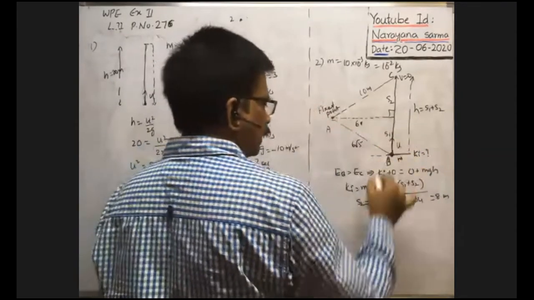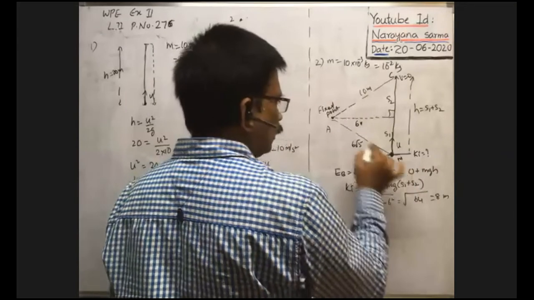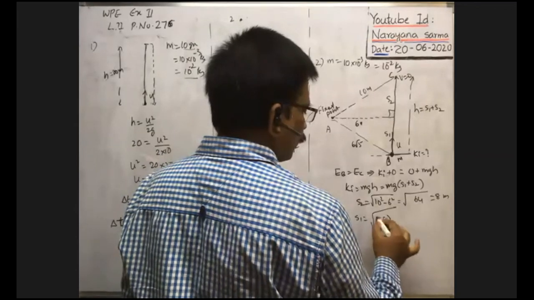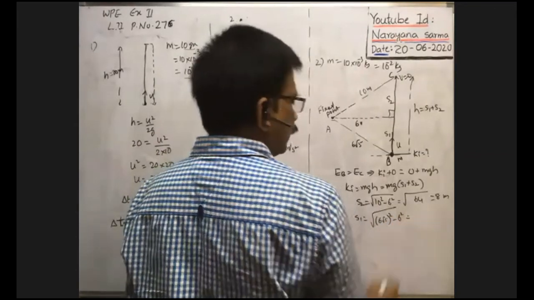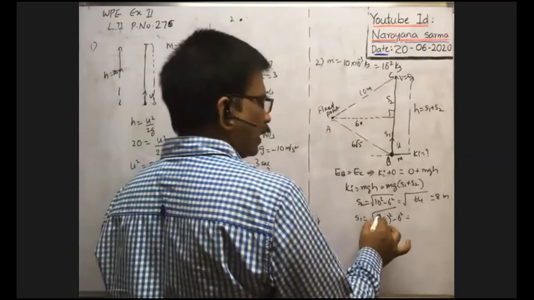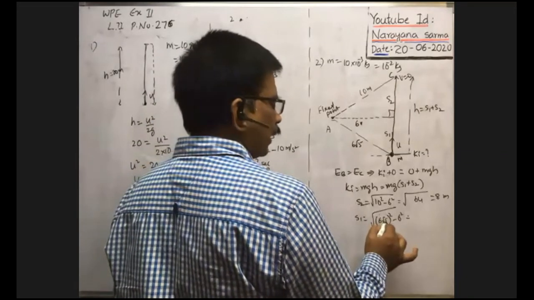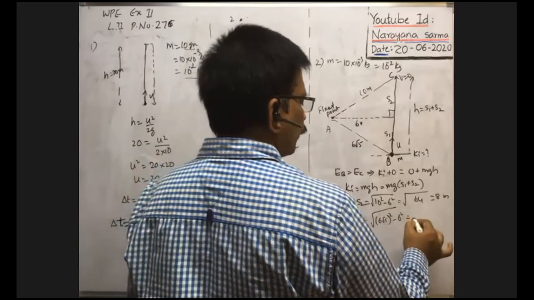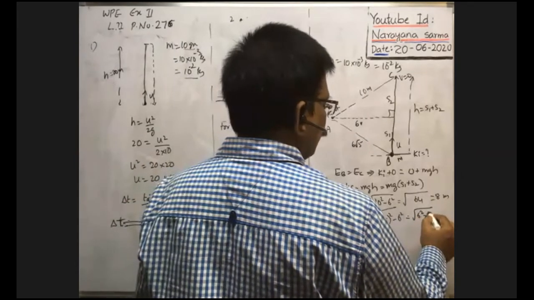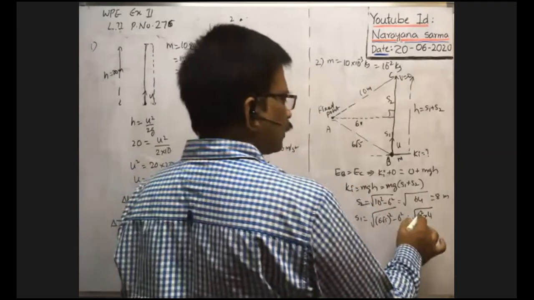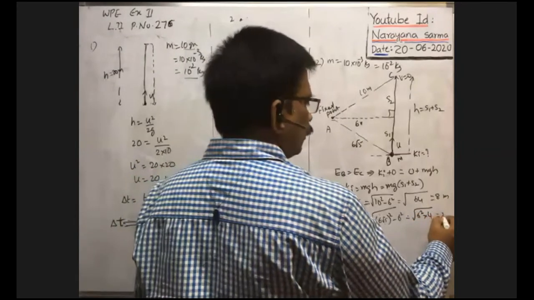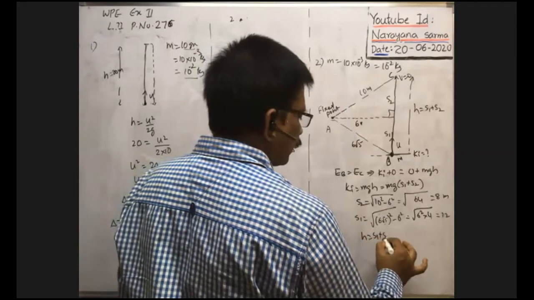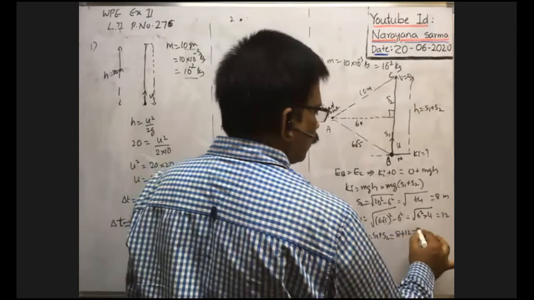Then what about this distance s1? S1 is equal to square root of this square minus this square, no? Square root of (6 root 5) whole square minus 6 square. 6 root 5 whole square means 6 square into 5, minus 6 square. When you take 6 square common, root of 5 minus 1 means 4. That means root of 6 square into 4. Therefore 6 into 2 means 12, no? 12. Therefore height is equal to s1 plus s2, that is equal to 8 plus 12, that is equal to 20 meter.